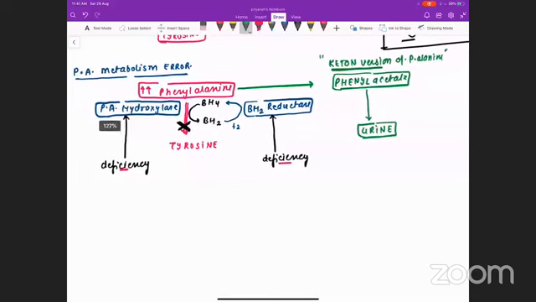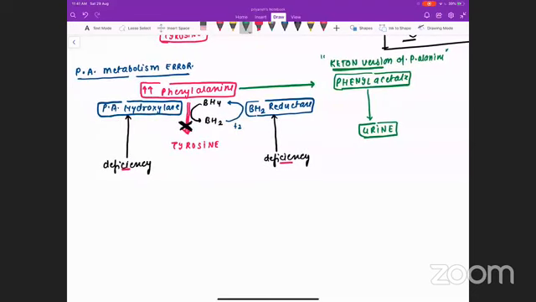There is a peculiar quality about the phenyl acetate, that the phenyl acetate has a smell like mouse. So the urine will have a mousy smell or mousy odor. The reason for the mousy smell or the mousy odor of the urine is this molecule phenyl acetate that is coming in the urine.